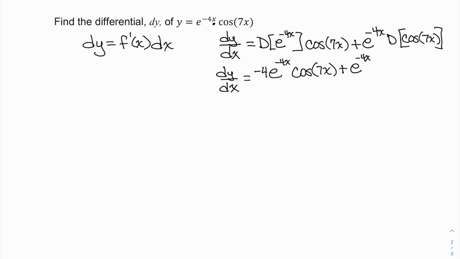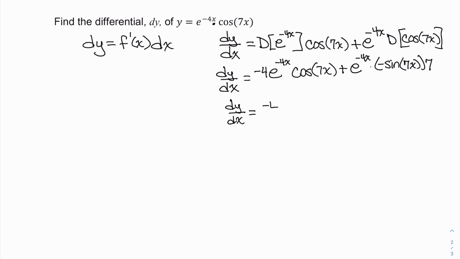and then plus e to the negative 4x, and this is going to be multiplied to the derivative of cosine of 7x. Remember, the derivative of cosine of an angle is negative sine of the angle, so I keep that 7x in there, but then multiply by the derivative of 7x for the chain rule, which is multiply by 7. So my dy dx derivative